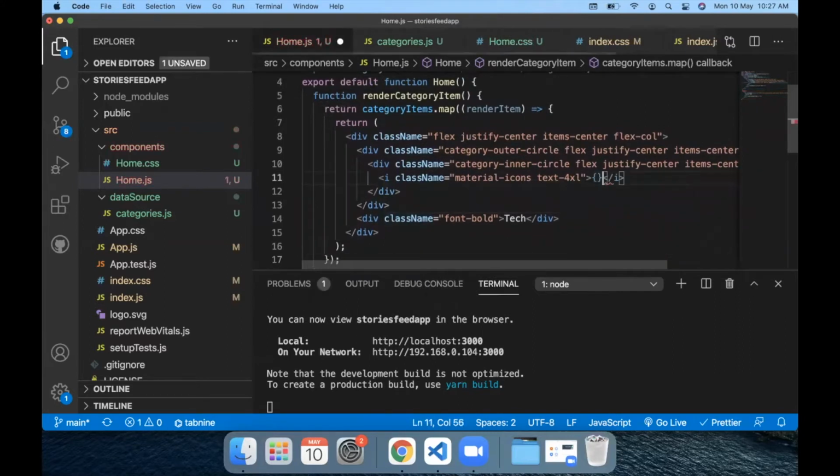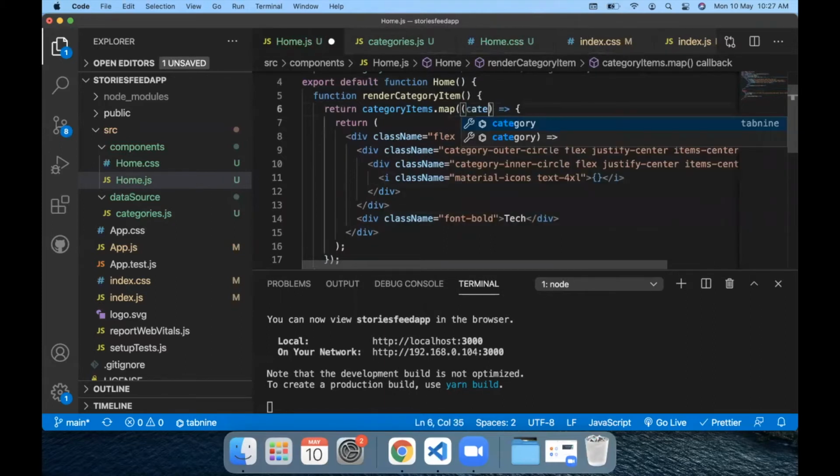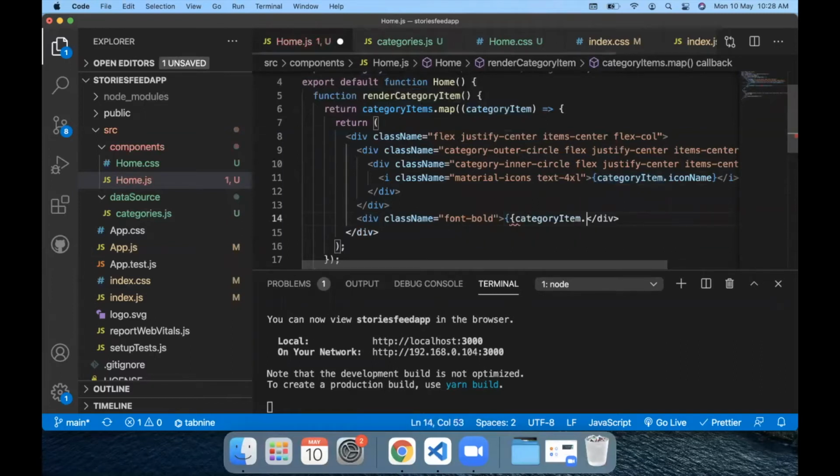Instead of the computer icon, we are going to use the category item icon name. So this could be category item dot icon name here, and we can copy this till here and use the name which we find in the JSON object.